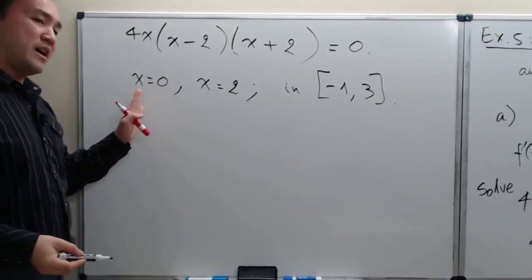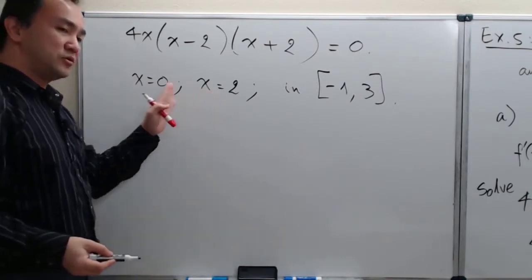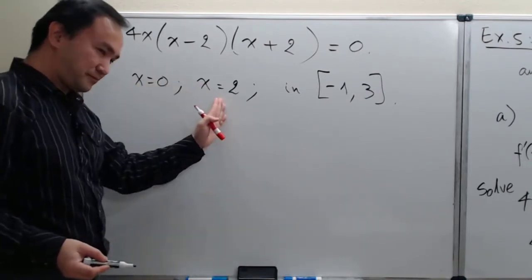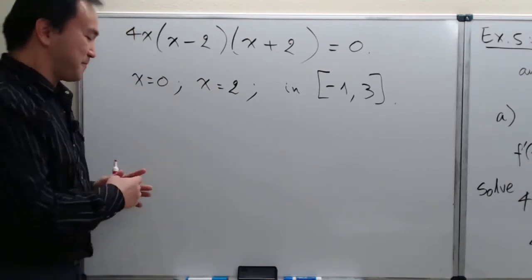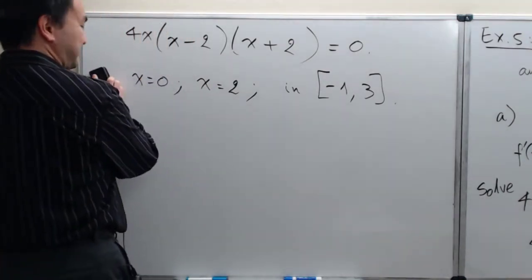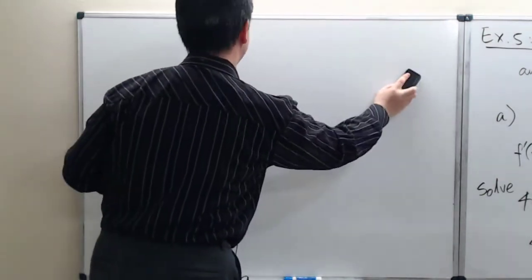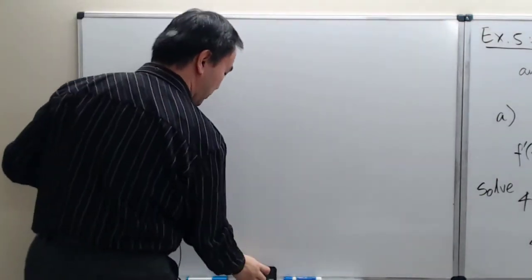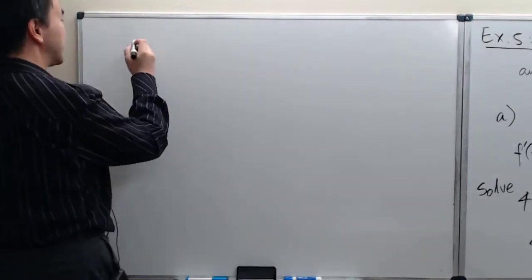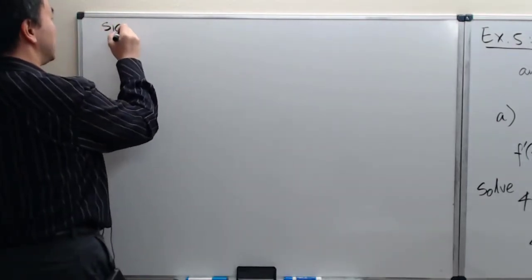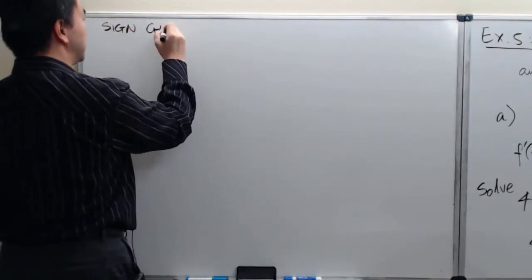And so now I am going to construct a table of values only based on these 2 critical values. Okay? And so now I must erase part of my board here to get ready for the sign chart. So when it comes to the sign chart step,